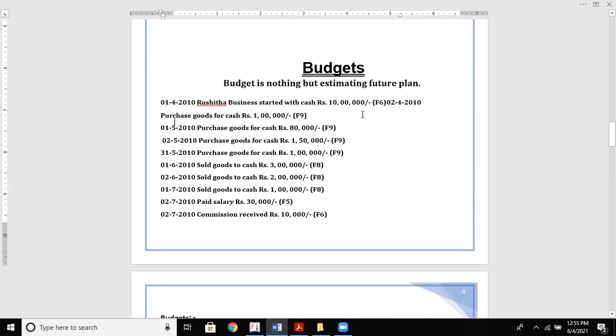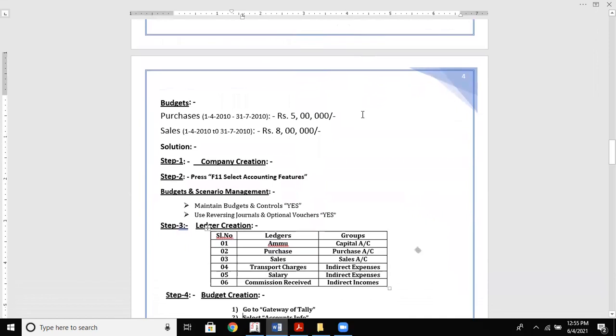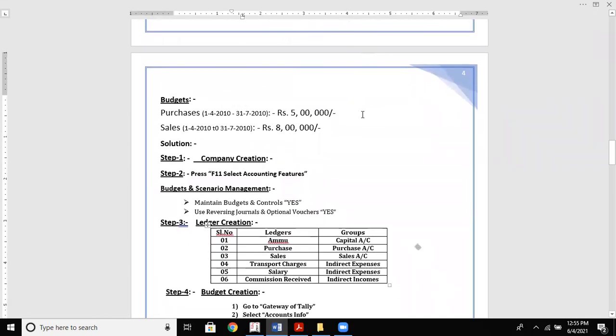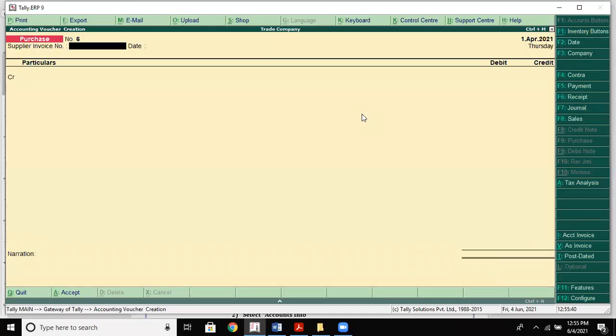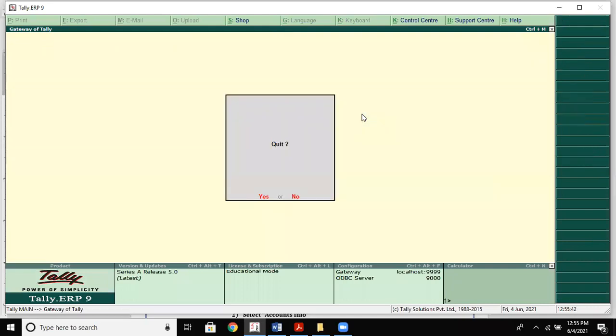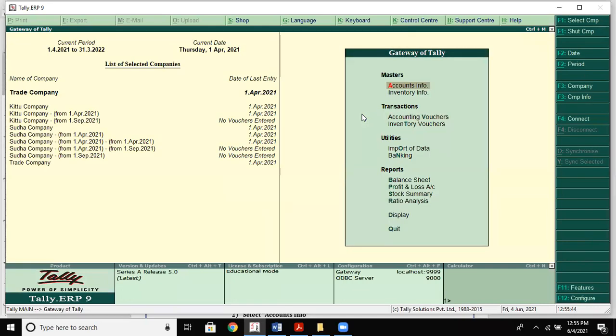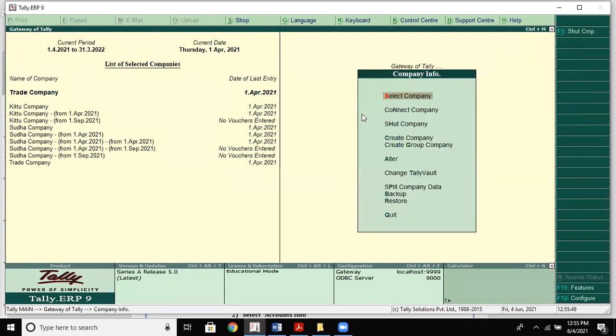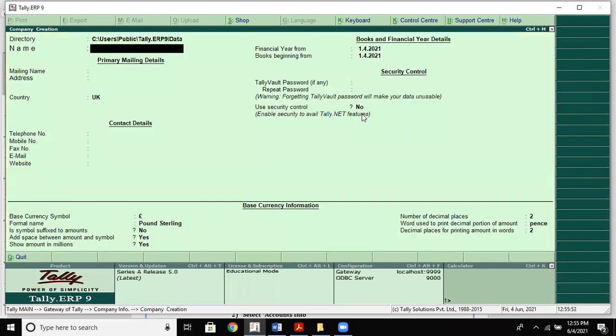First, let us create a company. The name called budget. Budget company.